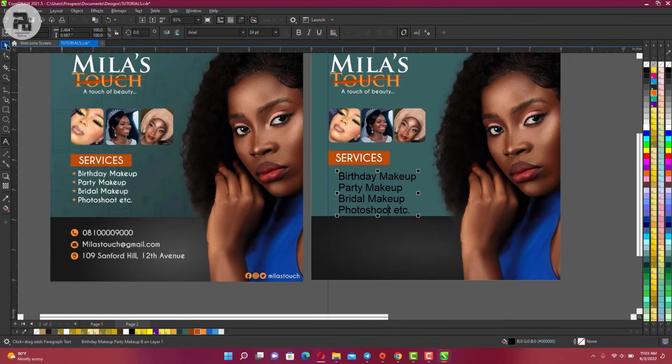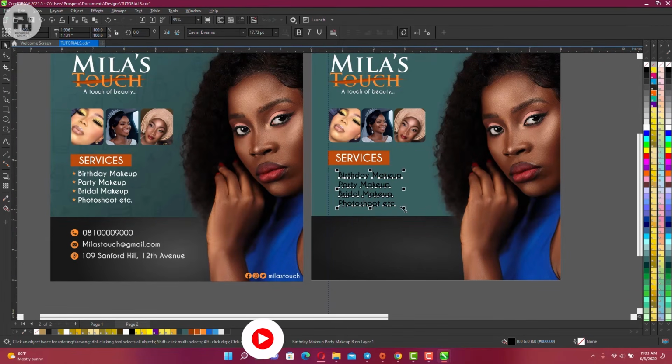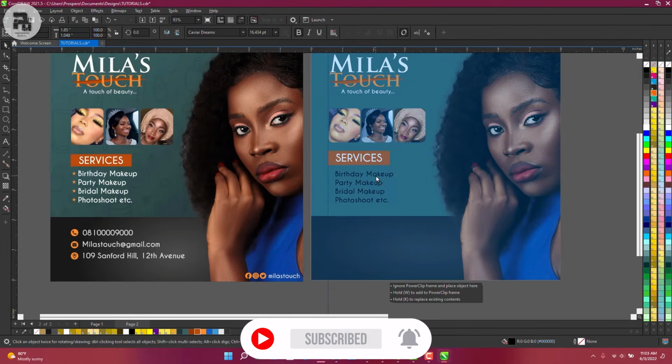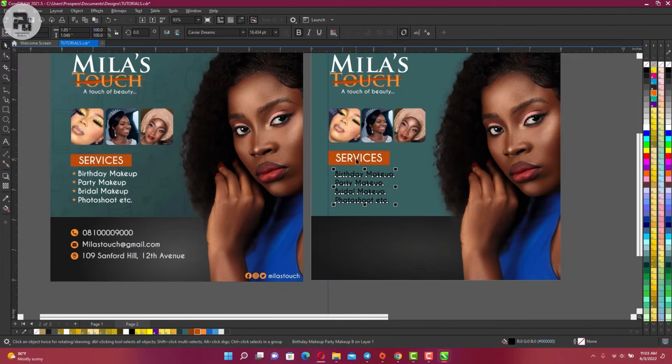Once you're done typing, select pick tool, change the font, Carve Your Dreams bold, reduce it a bit by using the nodes from here, the angles, and then make sure it's aligned by holding shift and selecting services, and press L to align to the left. Just take this up a bit, select color white,